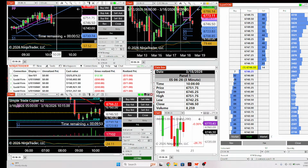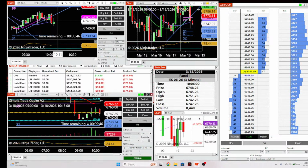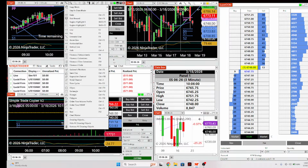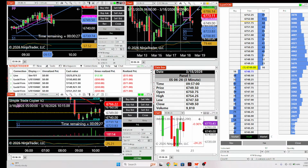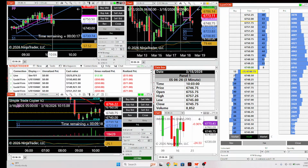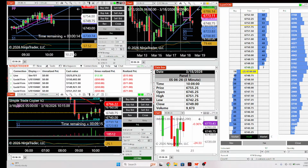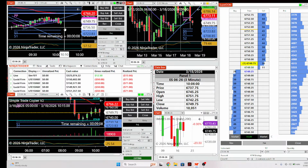Look at this. It would pop back up to 51. Went over 50, over and under 50. Where's 50? Right here. So we're over and under 50. $67.50. Be over and under here. Keep dipping under, over, under, over, under. If we're going to get down to this 20, we could, but